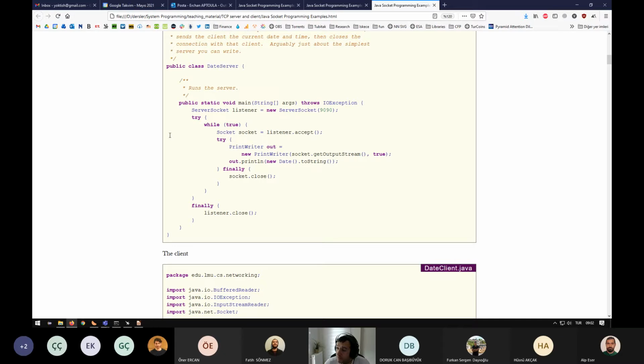Any other questions, class? I know that this might seem a bit daunting at first. It might seem a bit scary. I was scared when I saw this stuff for the first time in C. I was like, what is going on? Why listen? Why bind? Who is doing what, etc. But as soon as I studied a few examples of servers and clients, it became all very clear. But of course, the best way of understanding this stuff, as with everything else, is to actually implement it, to actually code it. Now, if you have no further questions, in that case, I'm switching to the final exam,